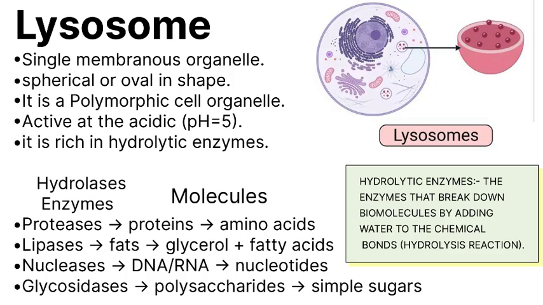Don't forget all of these enzymes like proteases, lipases, nucleases, and glycosidases are active only in the acidic pH. Now, can you imagine without these enzymes, the hydrolysis of the big molecules can be very slow. Sometimes it takes days, weeks, or even up to years at the normal cellular condition. But with a hydrolytic enzyme, the same reactions can happen in seconds or even in milliseconds, in the blink